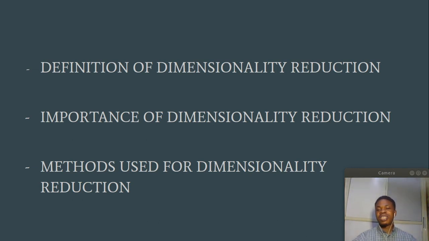As the name dimensionality reduction entails, it's basically the reducing of the dimension of a data set. Or you can also define it as removing random noise, random variables from a data set and replacing them with principal component variables. So the importance of dimensionality reduction is, as earlier stated, removal of noise. Most data contains noise, and it's important to remove this noise so that it doesn't clog up the clean and existing data. It also reduces computation time,